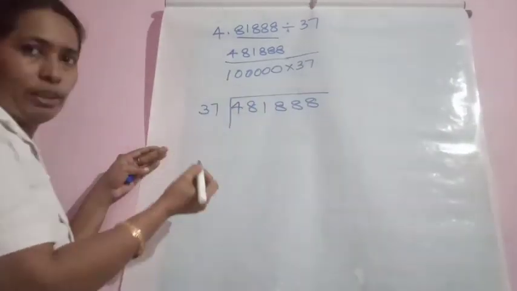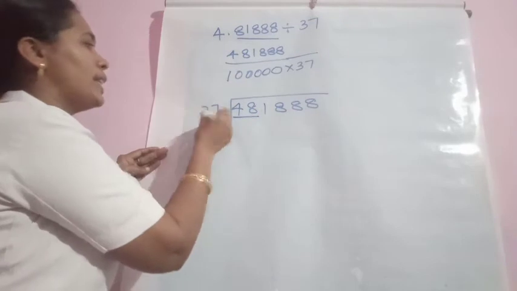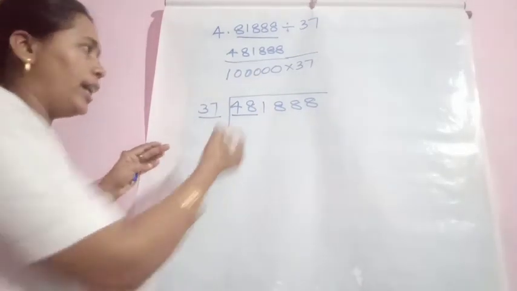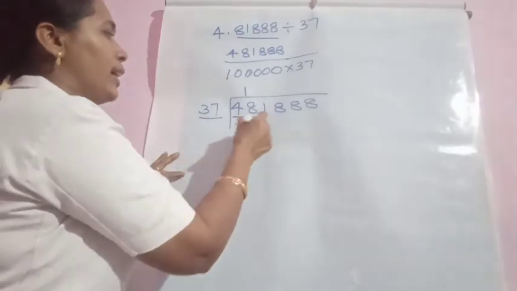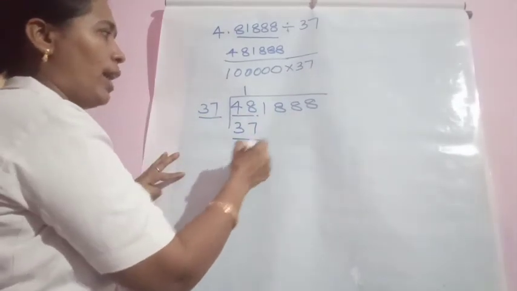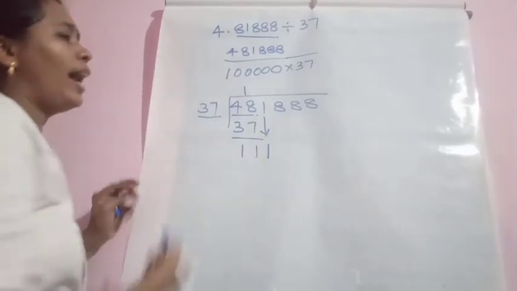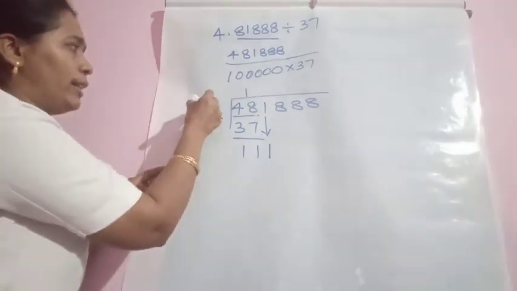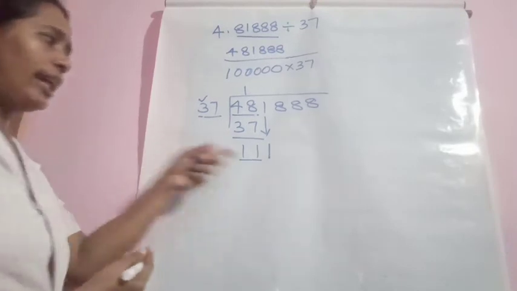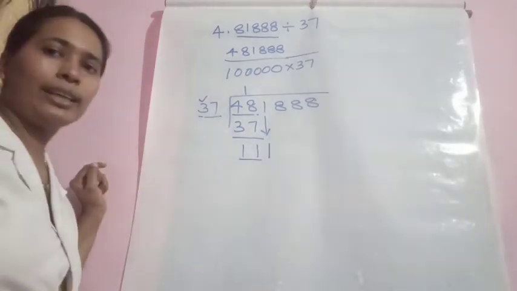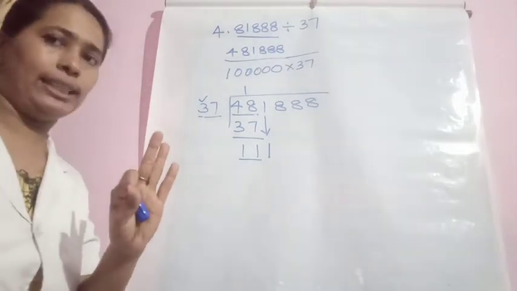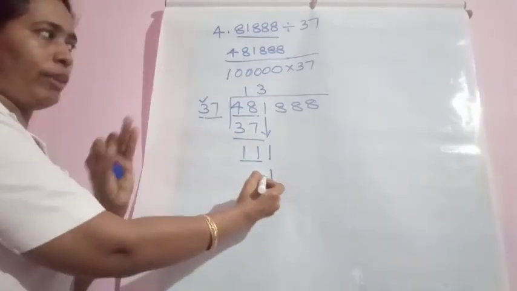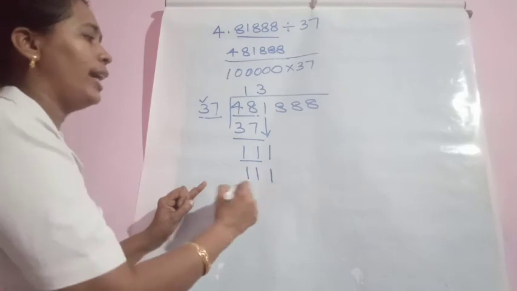Very easy for division. This is 48, this is 37. In 48, how many 37s are there? It's very clear, 1. So we can write 37, subtract, 11, bring down 1. 111. The teacher's method: 1 digit only, 3. In 11, how many 3s are there? Only 3 3s are there. So let us write 3 on the top. 3 7s are 21, 2 balance, 111.